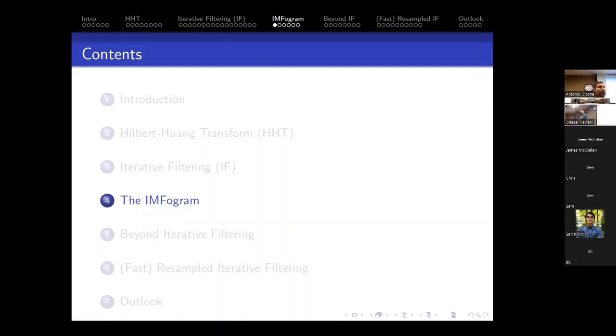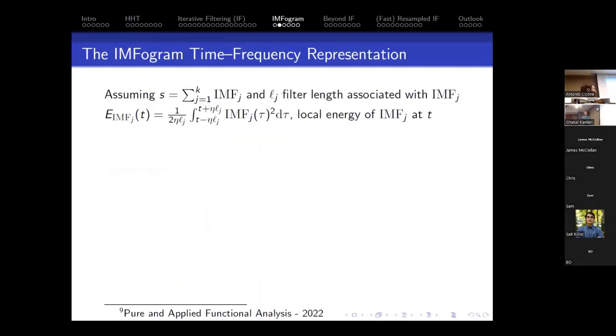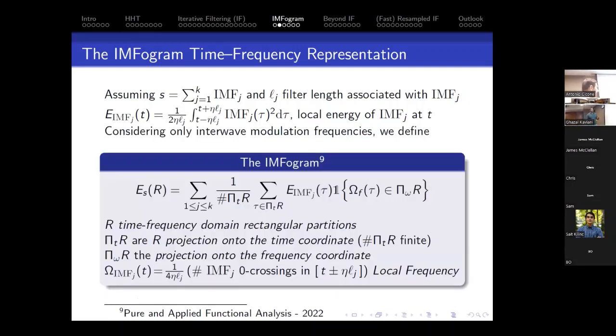So far, we talked about the decomposition part. Even the Hilbert transform has limitations. I'm going to show you in a moment. So for this reason, we tried to develop a new technique, fast and robust, that allows us to extract time-frequency information from the decomposition. The idea comes from the observation that once you have the decomposition, the IMFs are clean and simple enough that you do not need machinery like the Hilbert transform to extract the frequency and energy.